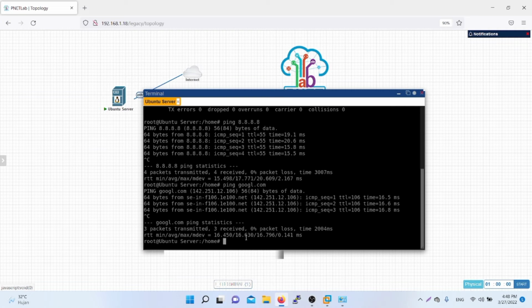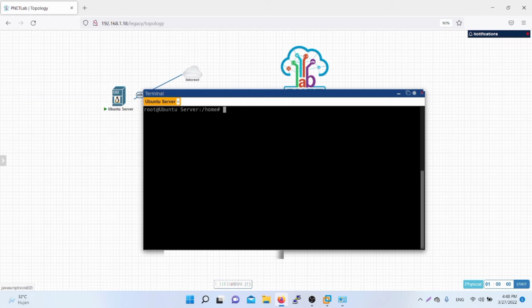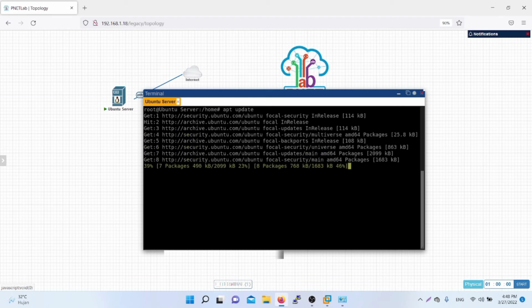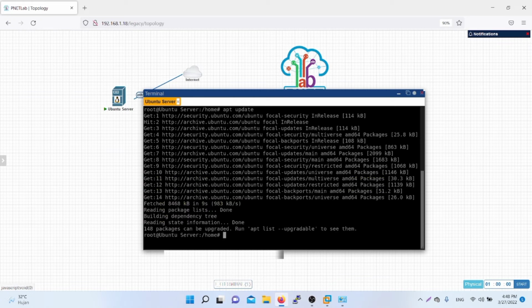Langkah selanjutnya, the next step is we go to update the packet of Ubuntu server. Before that, we clear the command and we write apt update for update package from Ubuntu server, and wait until that finishes. After that, we must do